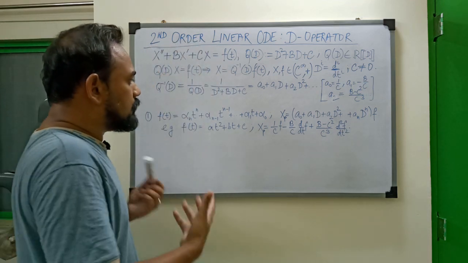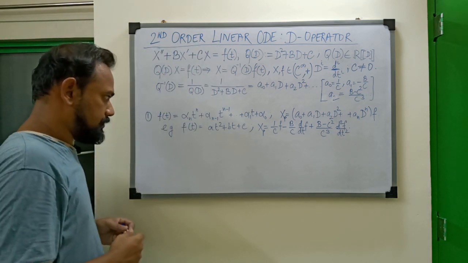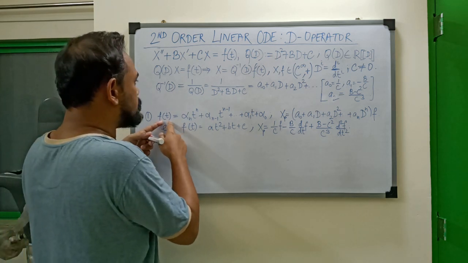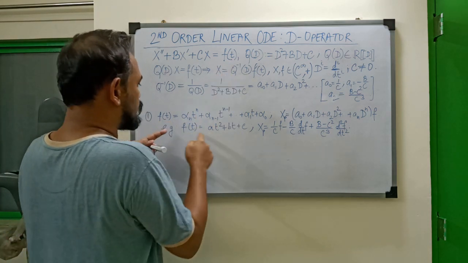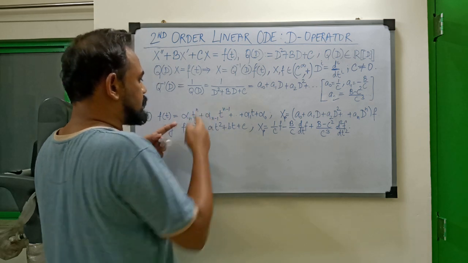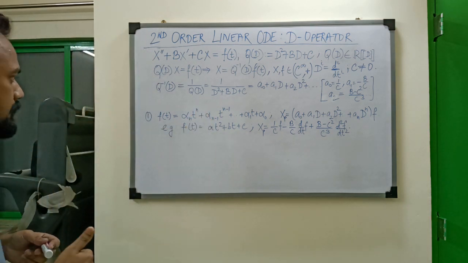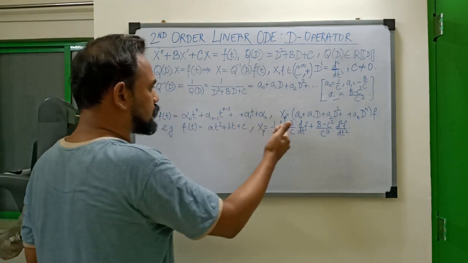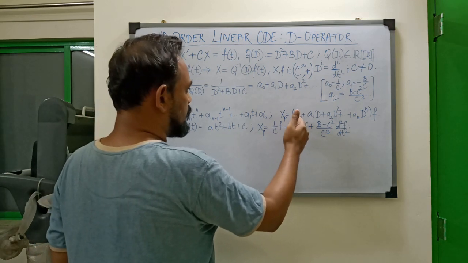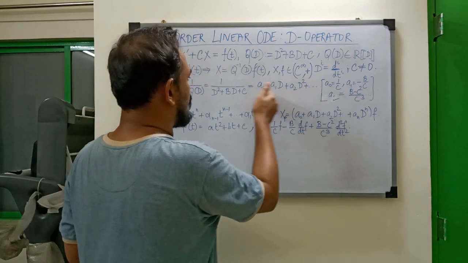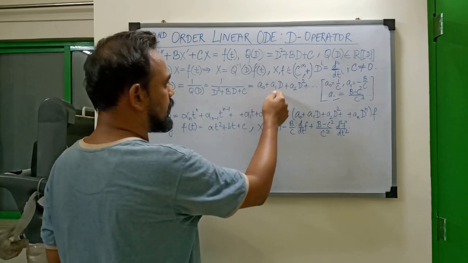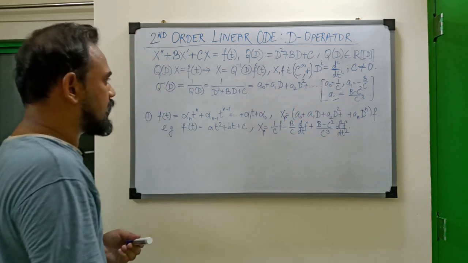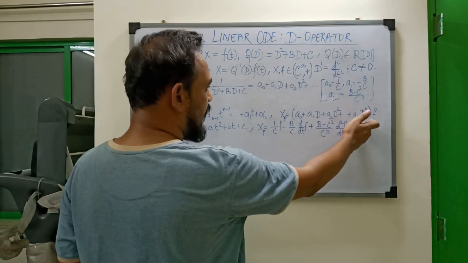So the general result that we can gather from here is that if the right hand side is not a second degree polynomial but an nth degree polynomial, then how long do you have to calculate A0, A1, A2? You have to calculate up to An,